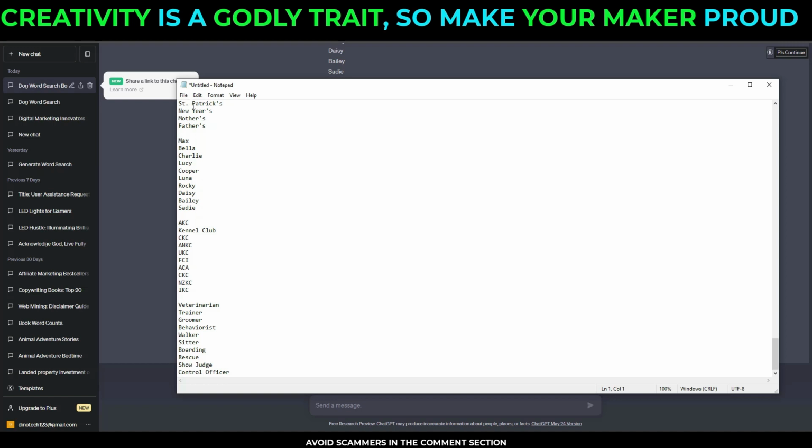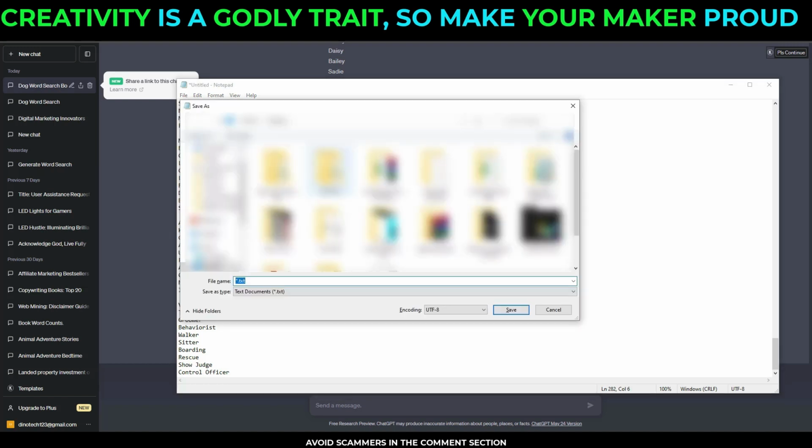Now once you've done this, just press Ctrl S if you're a PC user. Then the next thing you need to do is to rename your document. Rename it your dog puzzle name. So I will say my dog puzzle new. Then under where it says save as type, click on it and click all files. Then at the end of the title, add the extension